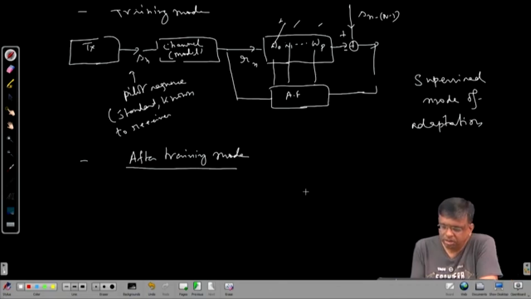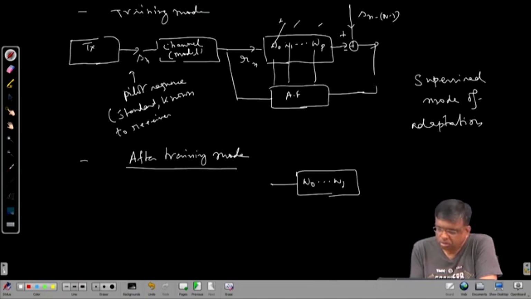still we can do something. So, we use a switch. During training mode, this desired response comes as it is, n minus 1. But once the training mode is over, this comes from